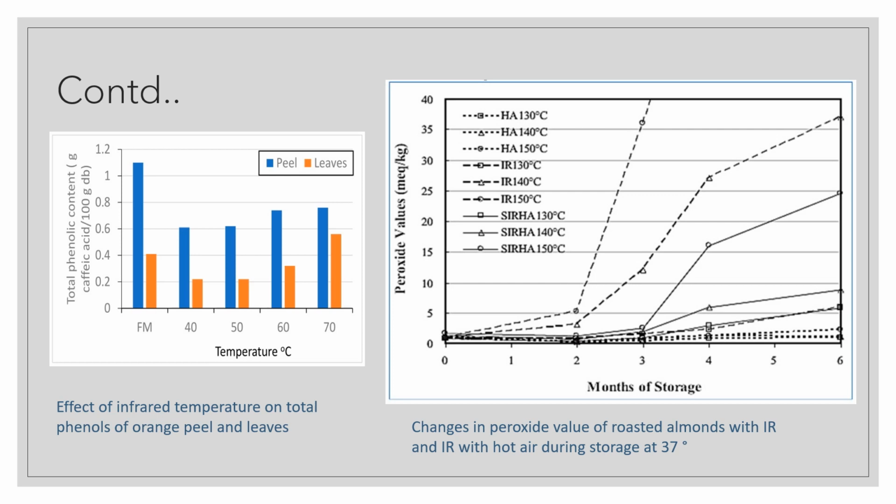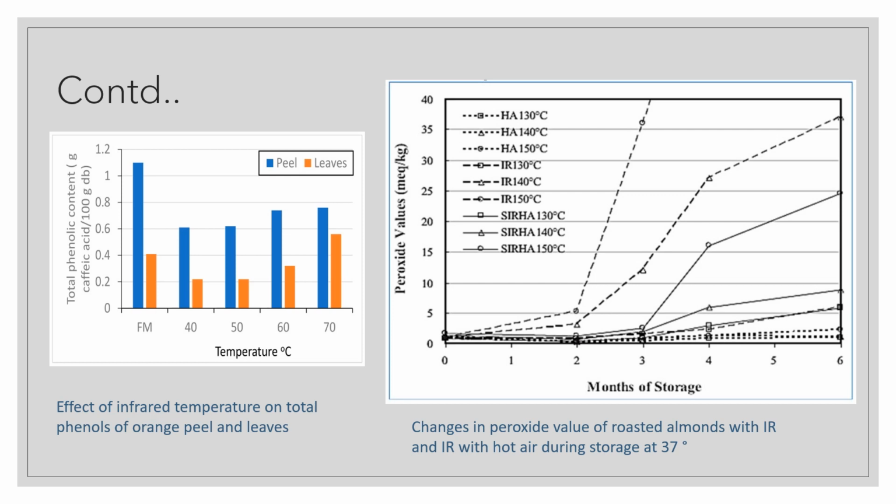So the first graph which you are seeing shows that the fresh leaves and peels have the highest phenolic content, and phenols are responsible for antioxidant activity. So as you can see in the picture,